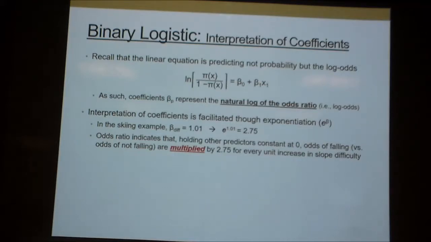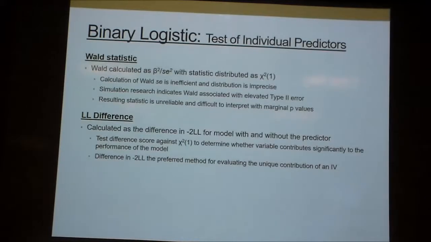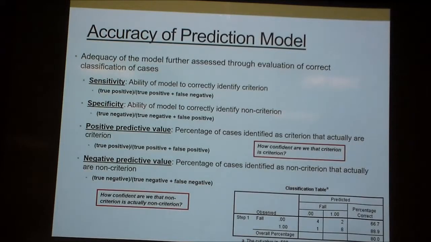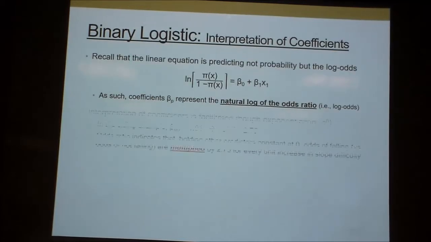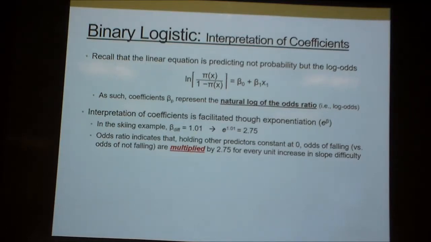So we've got here interpretation of coefficients facilitated through exponentiation. So here in our skiing example, our coefficient for difficulty was 1.01. That was the coefficient that we see in our model. And because this is a coefficient representing change in log odds per unit increase in our predictor,